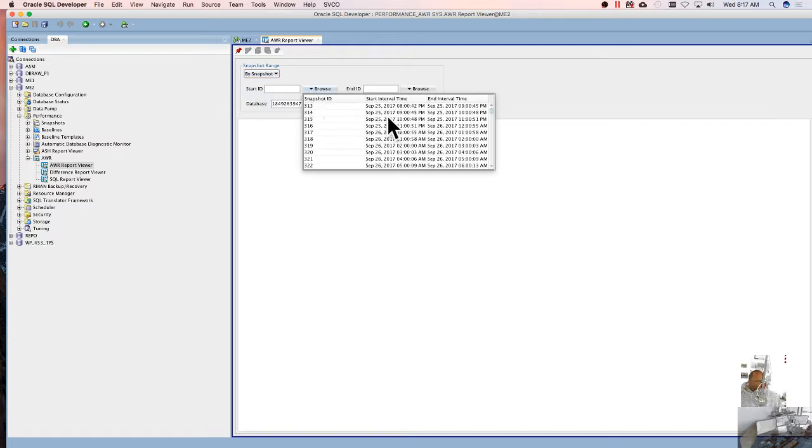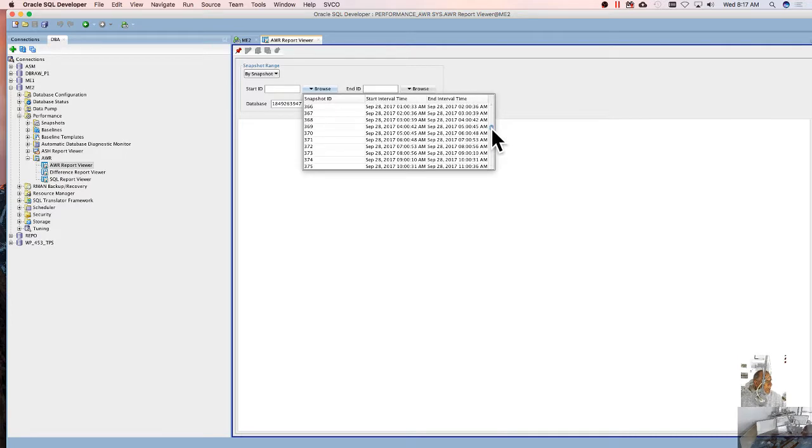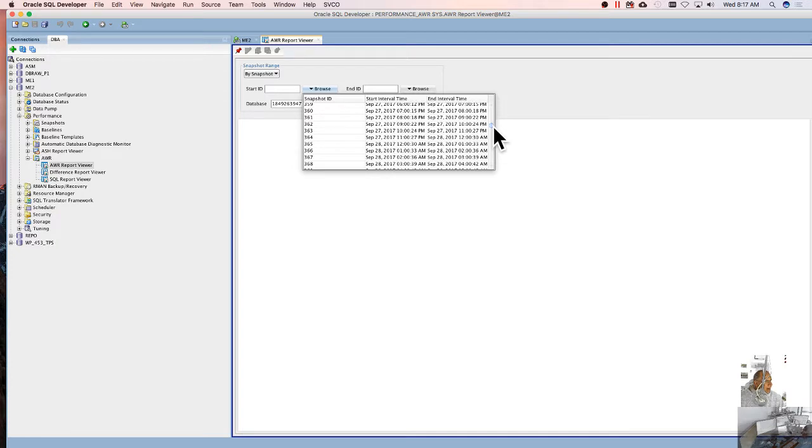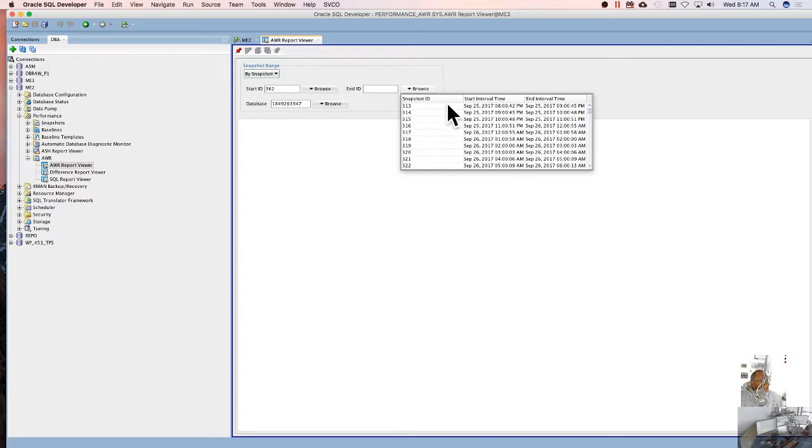And then whenever you want to run this report, you're going to pick whatever time. So I talked about last night at 9 o'clock. Just for argument's sake, let's start our report at 9 o'clock last night, which is right here, which is 362. So we're going to start our run, right? That's going to be our beginning snapshot, and our end snapshot is going to be at 12, right? Which is going to be